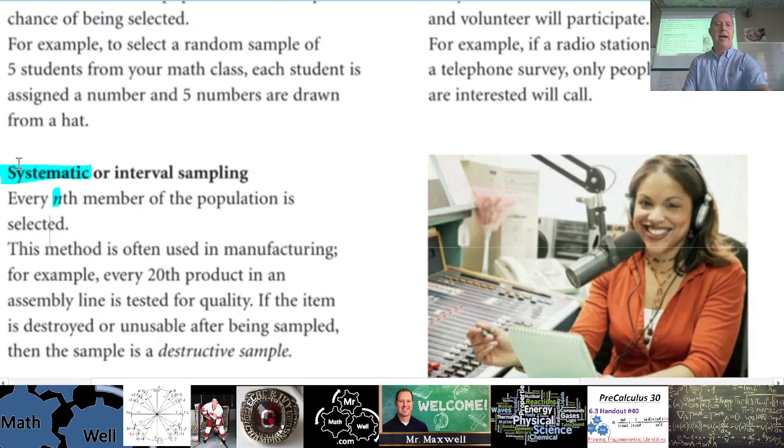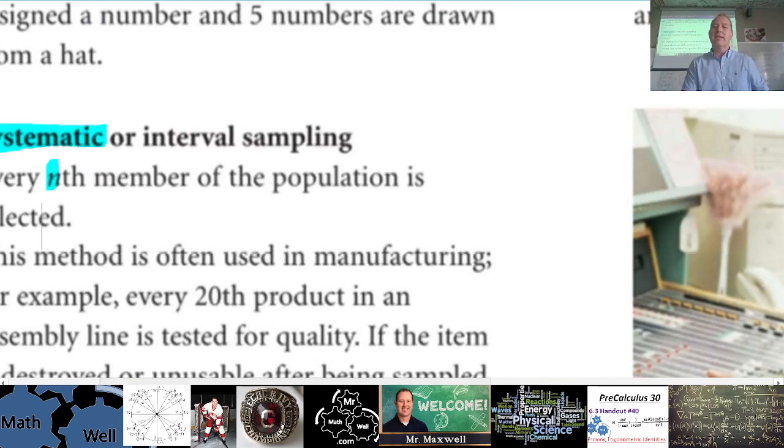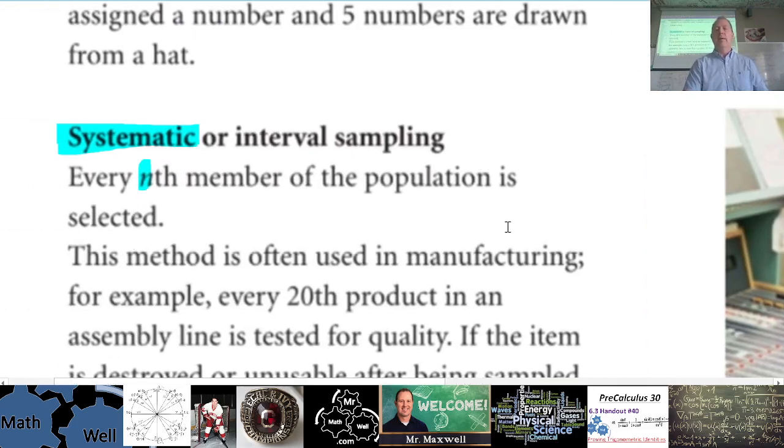When you see this in math, every nth member, that sounds funny, it looks funny, but in math, that n means it's a variable, so it can be any number. You could say, I'm going to pick every 5th person, or every 10th person, or every 100th person to do